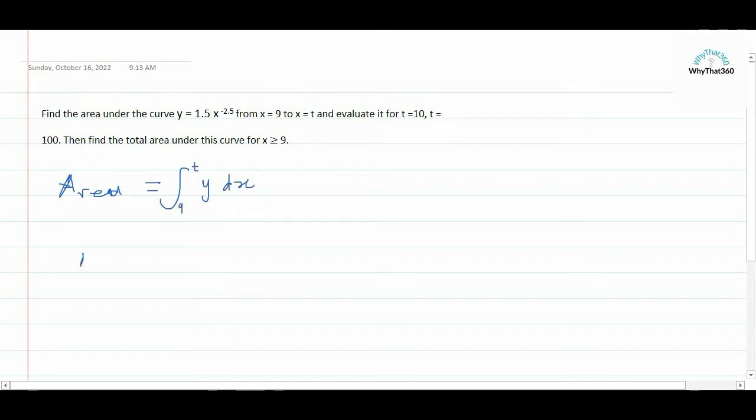So we will go ahead and evaluate the area, which is equal to the integral from 9 to t of y, which is 1.5 x raised to the power negative 2.5 with respect to x, and we know that the area can be written as 1.5 and then the integral from 9 to t